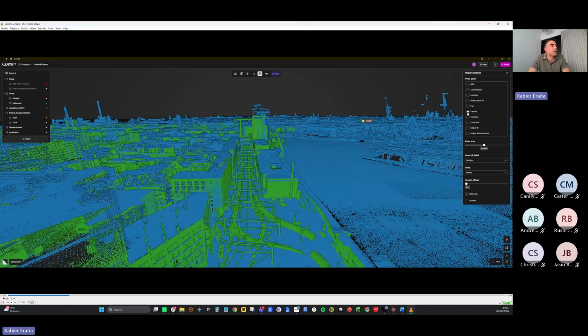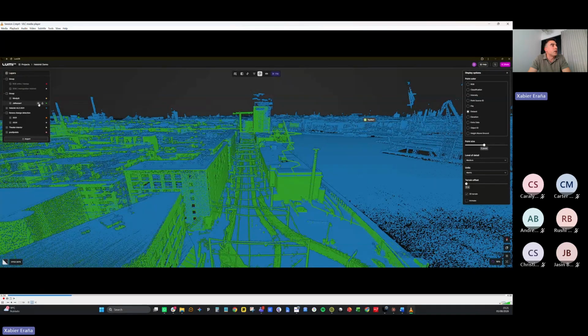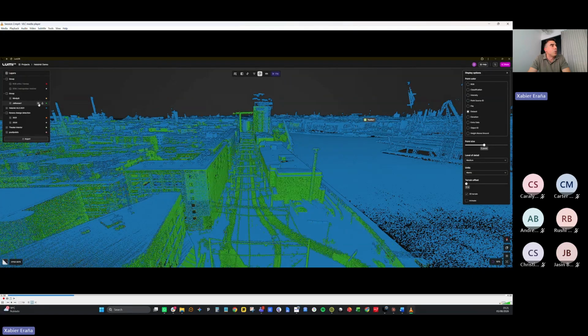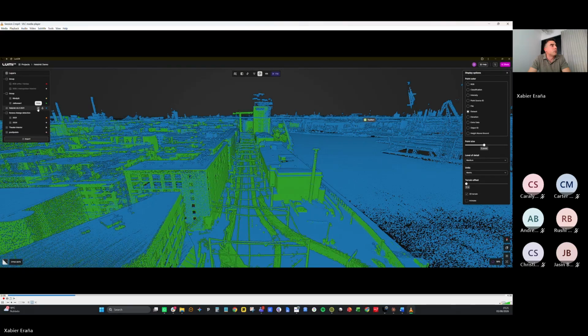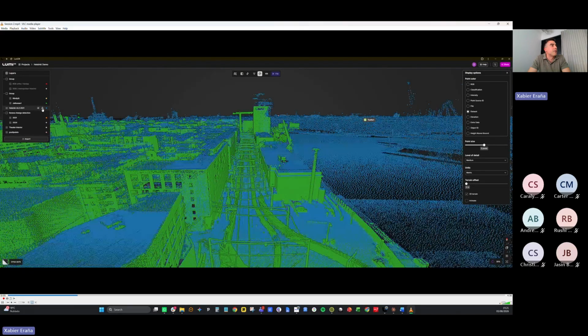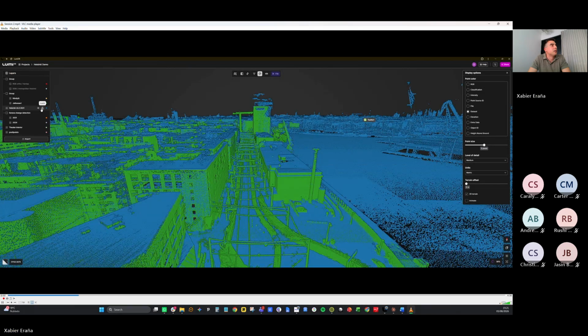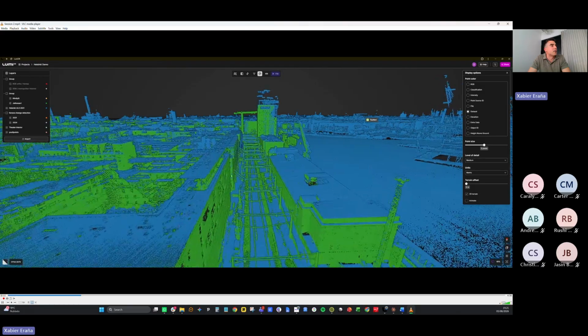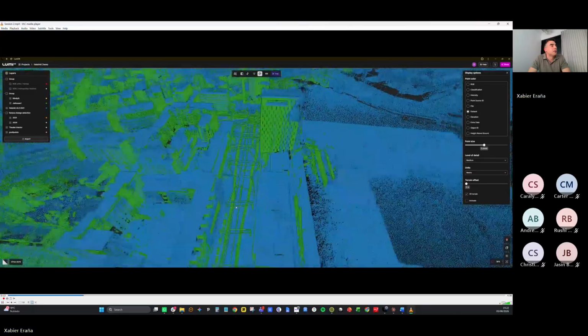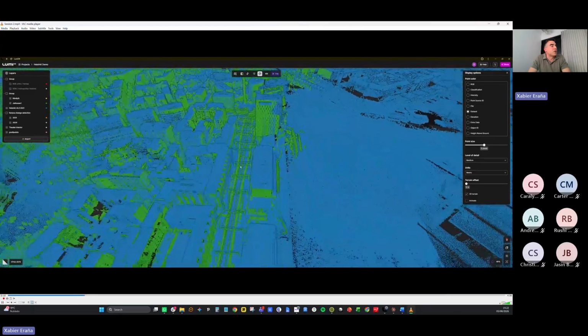There we see in different colors, the green color representing the mobile mapping data and the blue color representing the airborne data. So we can very easily hide and even lock datasets so no one else can accidentally check in. As you can see, the streaming is instant.